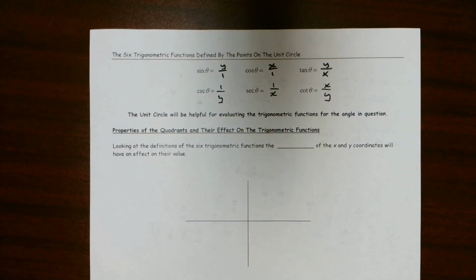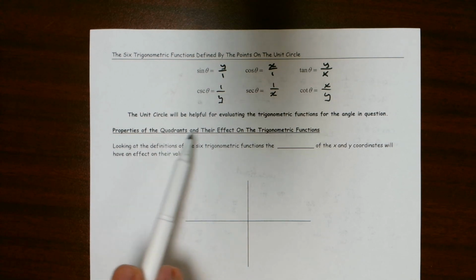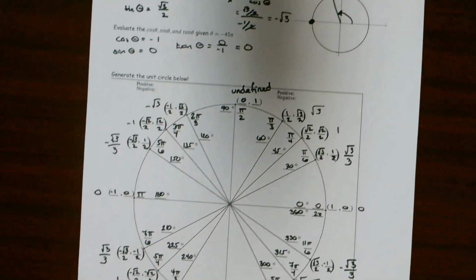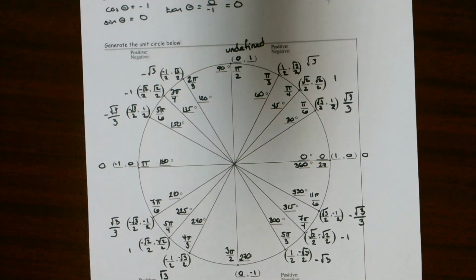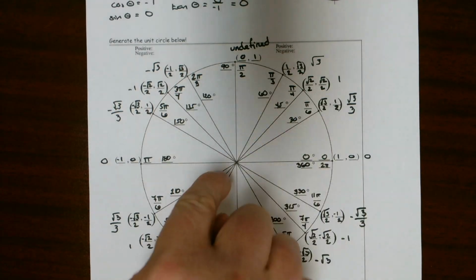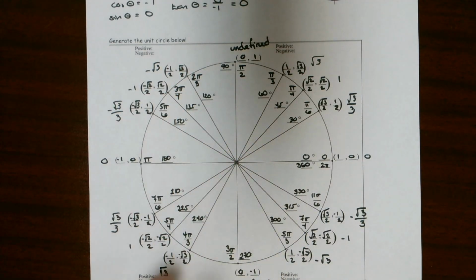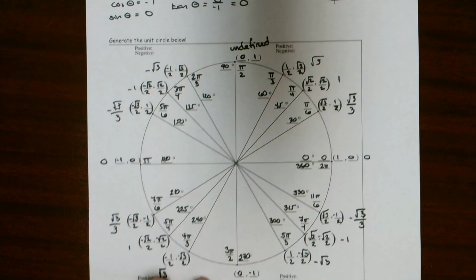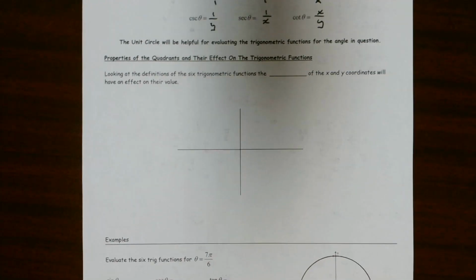Okay, so now let's talk a little bit more about the properties of the quadrants and how they affect the trigonometric function, because you probably noticed that the unit circle looks very repetitive. Because the angles are all about the same in every single quadrant, let's talk about how the coordinates relate to each other. So to do that,